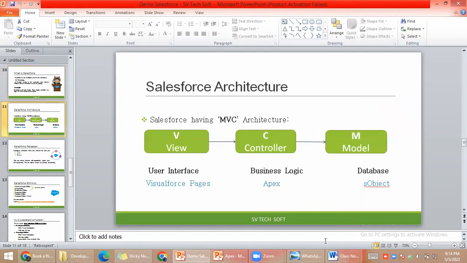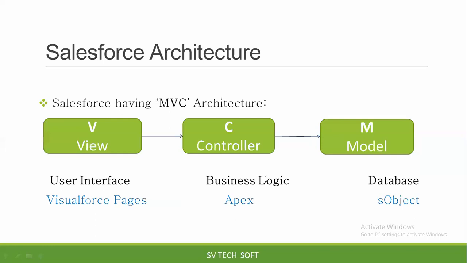Okay, now we will see about Salesforce architecture. What type of architecture does Salesforce have? The type of architecture Salesforce has is MVC, meaning model, view, controller. What is model? What is view? What is controller? Not only Salesforce, in this world any project at the end, the life cycle is MVC. Salesforce is also designed similarly, with MVC architecture: model, view, controller.